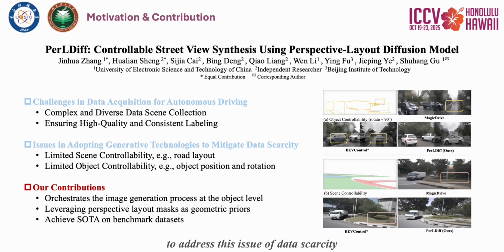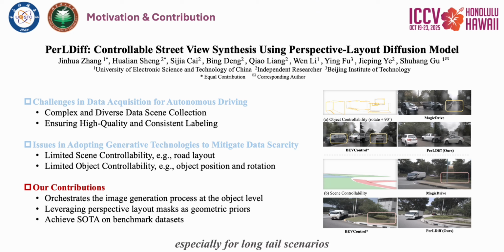To address this issue of data scarcity, generative models have shown great potential. Instead of collecting scenes first and labeling them afterward, we can reverse the process, using the annotations themselves as controllable conditions to generate realistic street view images. This strategy dramatically reduces annotation costs, enables the creation of large-scale and diverse datasets, and helps improve perception models, especially